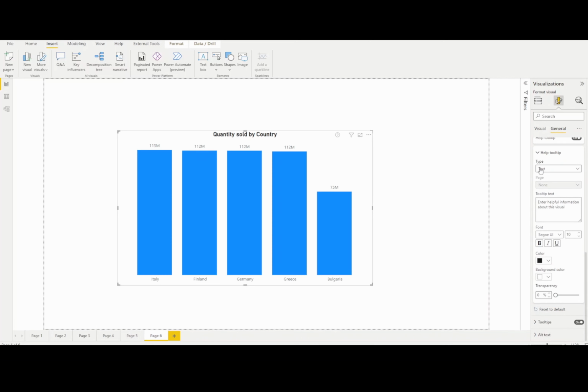So this is like a normal tooltip, with the same options. What is the type? If you want to show this as a visual, you can choose the type here. There are two ways you can add the tooltip: as just a text, so when someone hovers over this, it will come in text format, or else you can add this as a report page as well. I will show you one by one. So let me add a text. Here we used the visual only for top five, right? So just to mention, in this visual